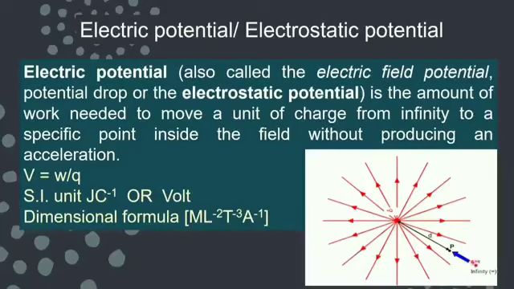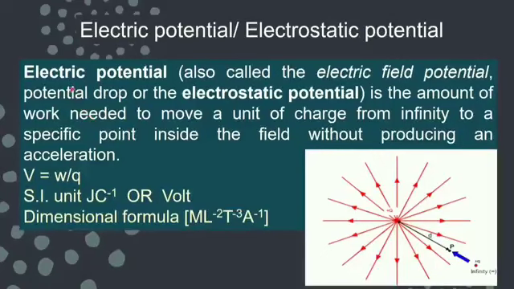Of course, if I am moving from one point to another, that will be the change in the potential, that is potential difference. But if I am bringing the test charge from infinity to a point, then this is known as electrostatic potential, or we may call it potential drop. And because of this potential drop or potential difference, only your electric current flows, means the charge moves, and which is giving rise to the electric current. You have done it in the 10th class.